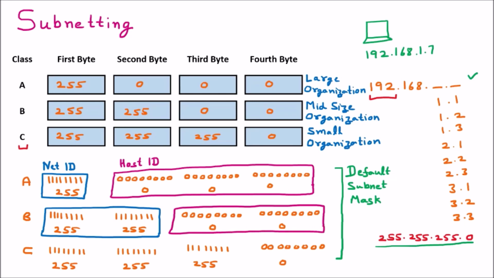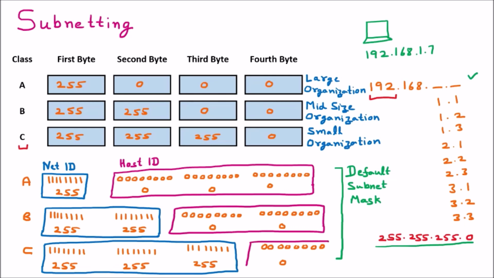So talking about the class C, in the class C, the first 3 bytes are for the net ID, meaning the network can use these particular IDs. Now talking about the last byte, that is for the host ID. So here the remaining portion we are having is the host ID. So this one is further divided into the net ID and host ID.